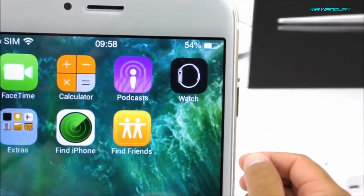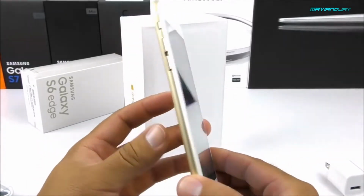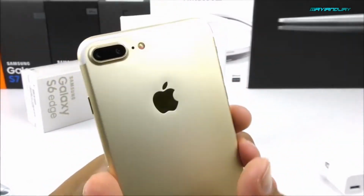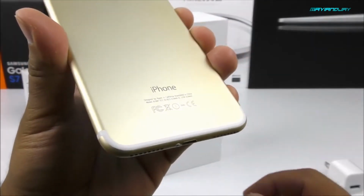We have there the watch application and such. So again, guys, this really doesn't change much from any other replica. The only exception here is the design on the back. We can notice now that the antennas are all the way on the top, and by the way, if you guys are curious, this is made of aluminum. And also on the bottom, the antennas now go along the